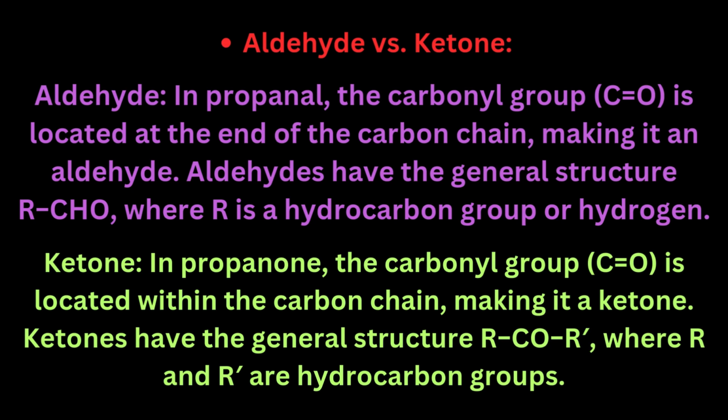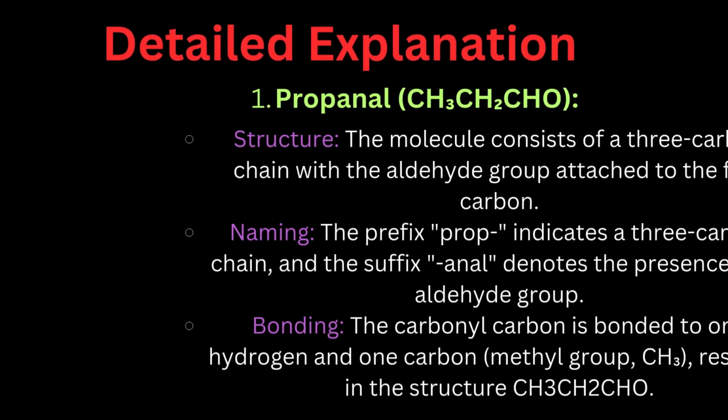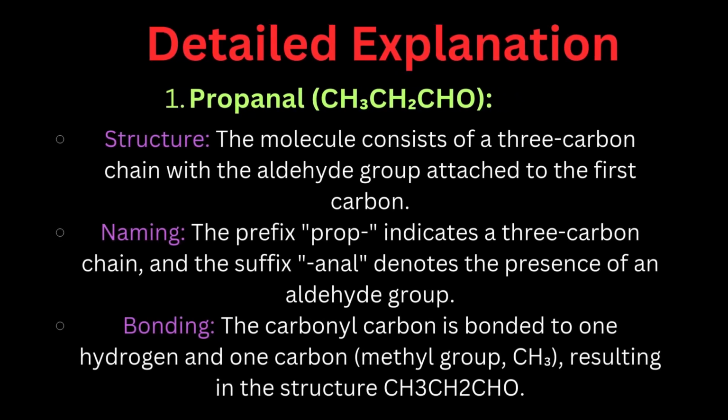Aldehydes have the general structure RCHO, where R is a hydrocarbon group or hydrogen. Ketone. In propanone, the carbonyl group C double bond O is located within the carbon chain, making it a ketone. Ketones have the general structure R-CO-R', where R and R' are hydrocarbon groups. Detailed explanation. Propanal,